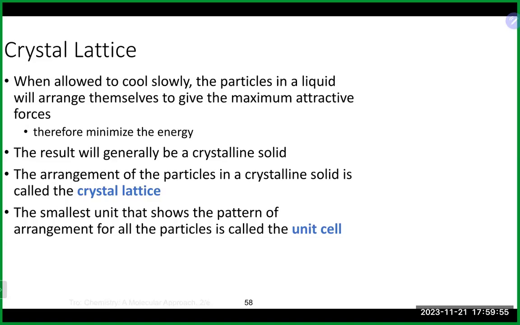The arrangement of these particles in a crystal structure is known as a crystal lattice. If we take something like an ionic compound, the ions will arrange themselves in a way that maximizes the attractive forces. Now we could take a pattern, and that smallest repeatable pattern is what is referred to as a unit cell. So if we had a bunch of atoms together in the solid form,